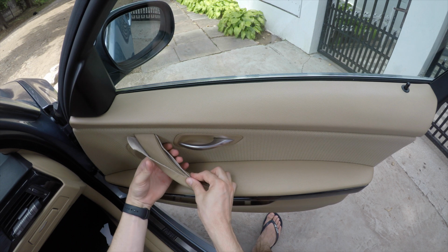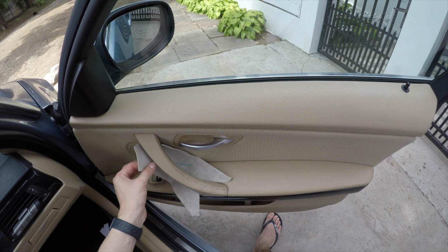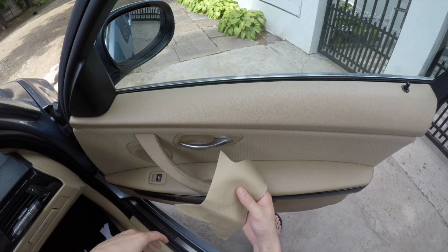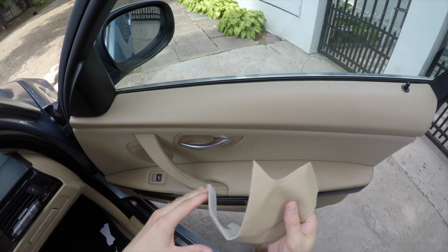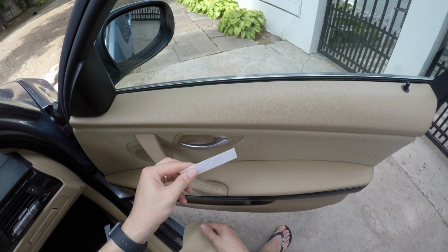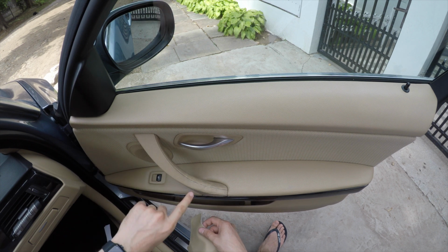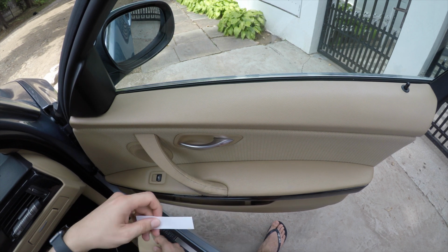Okay, so a pretty important thing: if you don't want to keep your leather part forever, but I do, and if you like to change it, don't use the sticky mats because it will peel off all of this good trim that is on. Okay, so now let's